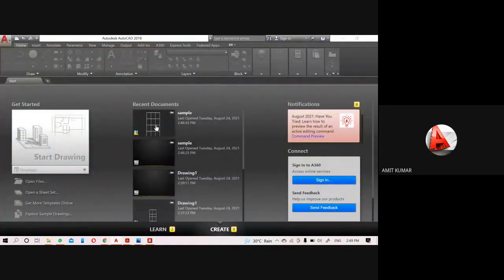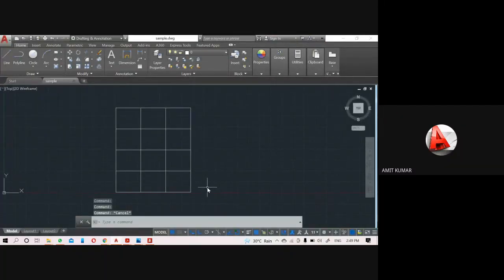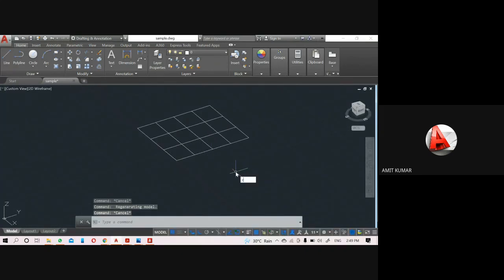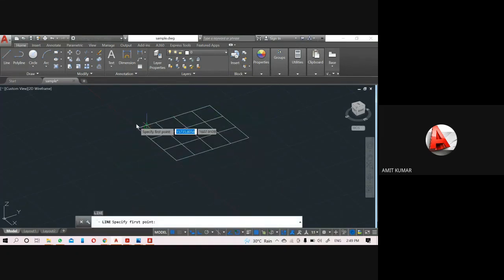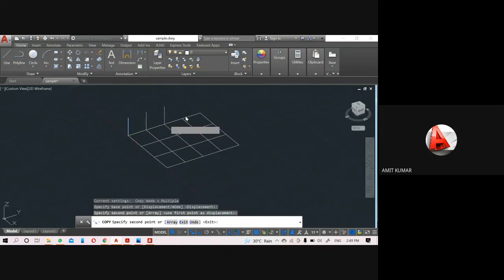Even if I create a 3D model here in the CAD, we can import the 3D model also here. Like I will just copy it. First thing will be I have to create a line here, if the height is 3000 mm, that is the 3 meter. So I will create a line here, then copy it, pick the base point and click here. So this time I'm going to create a 3D model in the CAD.